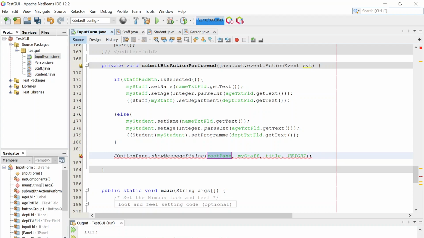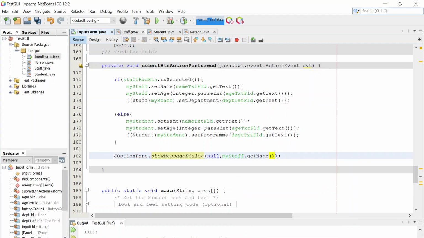I just want to show the message that we have entered just now, because what we're going to do is display the output in a second form. We call it the output form, but we haven't created the output form, the second form, because we only have the input form. So we just want to show the message, to see whether the message is okay or not. Okay, so let me make my staff dot